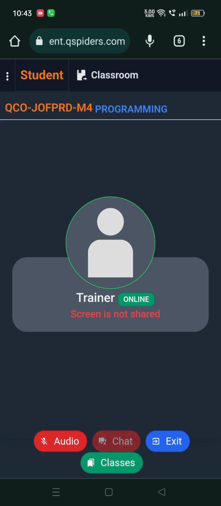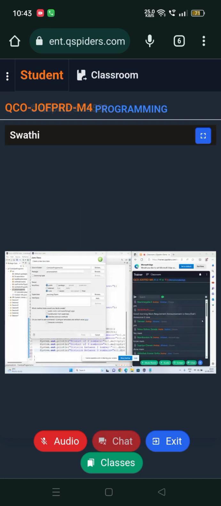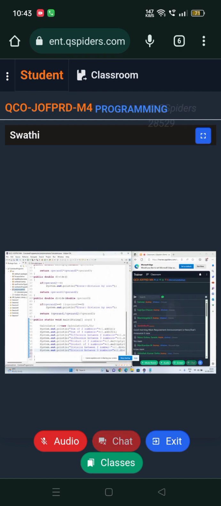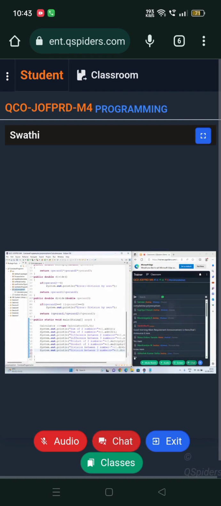Is my voice audible? Audible, everyone? Okay. So method shadowing will always be like, if there is a parent class and a child class, both are having a static method with the same signature. Isn't it? Yes, it works for only static methods. And variable shadowing is, suppose there is a relationship, a parent class and child class having the same variable. It can be static and non-static both. These are all examples of compile time polymorphism.